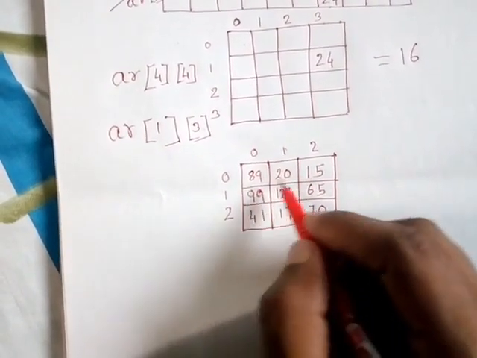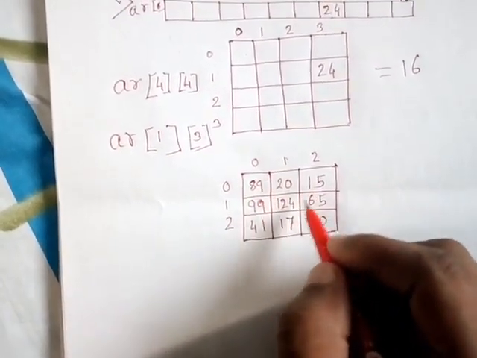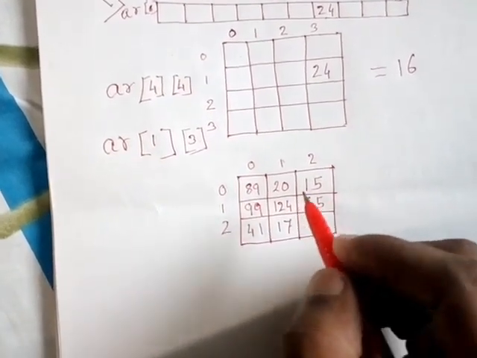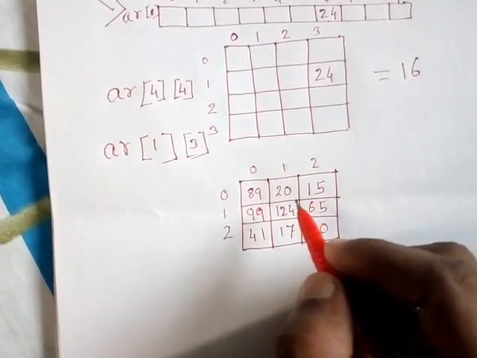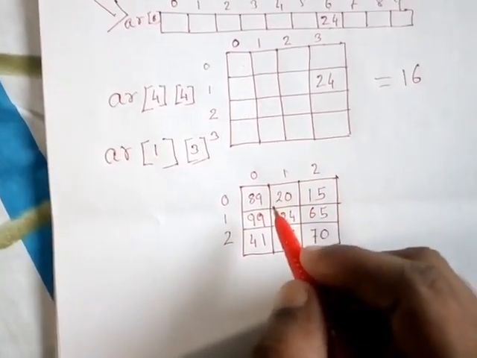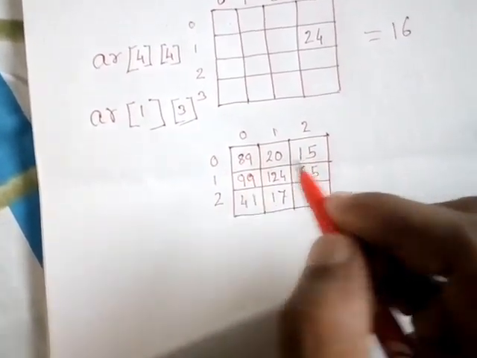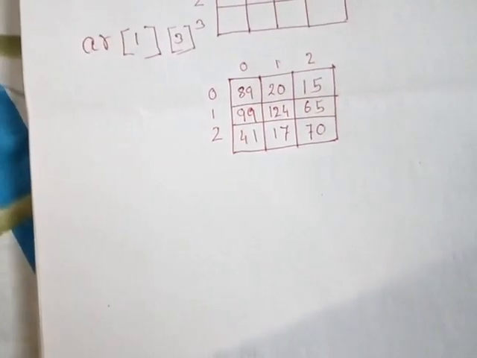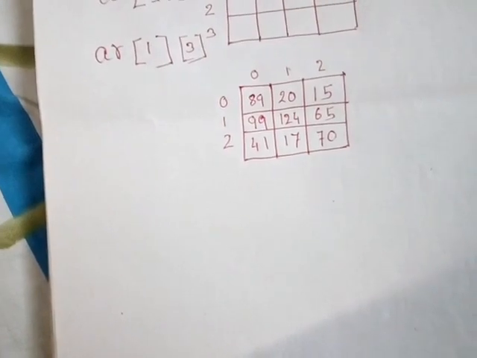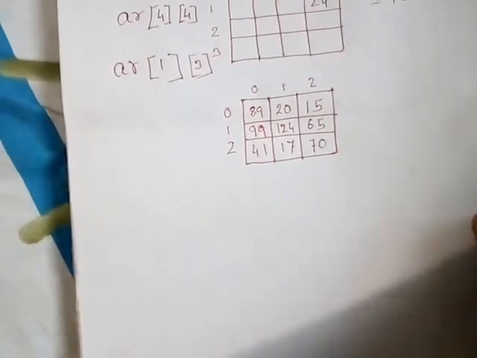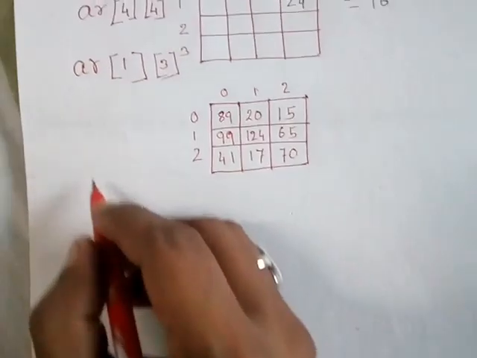Suppose I have entered the values, and all these values are represented in the array, stored in the memory. But if I tell you that first of all you have to enter the value as user input, though in this program I have already written 89, 20, 15, but if I ask you, students, to enter 9 values in a 2-dimensional array, then how to write the programming? The main thing is how to write the programming. See, I am doing it.